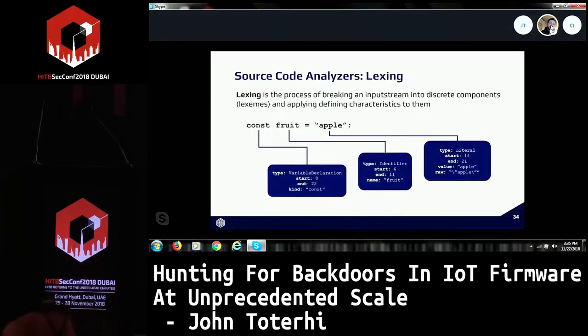So the process really breaks down into lexing and parsing. Lexers break down the input stream of source into tokens. And these tokens or lexemes carry information about them that are tied to the grammar that you specify. So this const fruit apple is from JavaScript. Essentially it means there is a variable declaration. It has more information attached to it, like what its actual kind is. In this case, it's a constant. And then you have an identifier and literal, and you break these things down into tokens